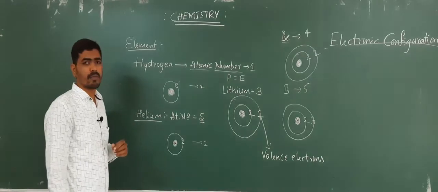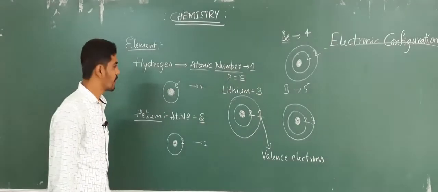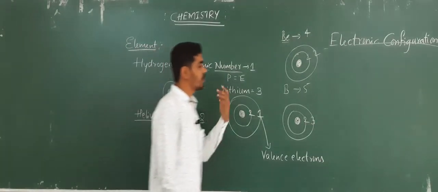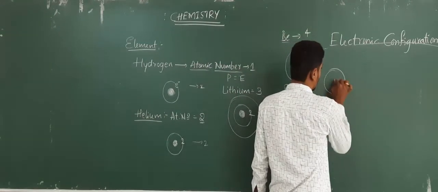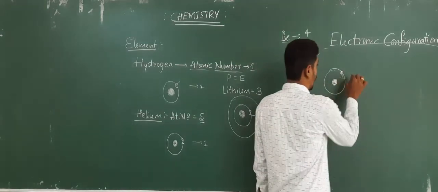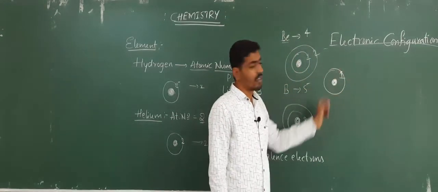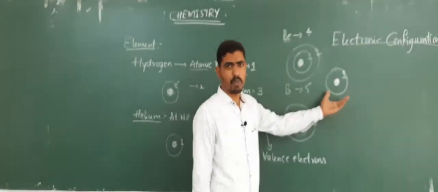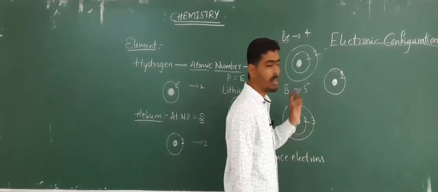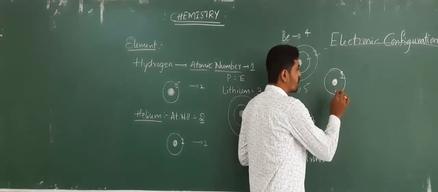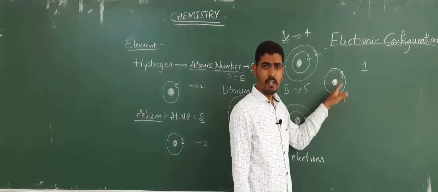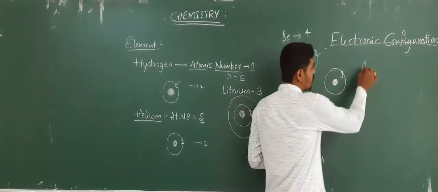What we have to do? We will represent that by electronic configuration. How can we represent it by electronic configuration? So simply consider this hydrogen atom. Okay, so at the center the nucleus is present and one electron is present in this first shell, or the outermost shell, because only one shell is there. Now how can we write the electronic configuration? Simply you have to consider the first shell, because the electron is present in the first shell, and in first shell